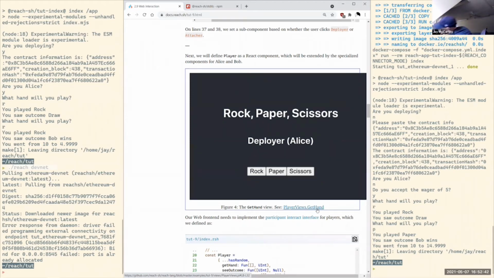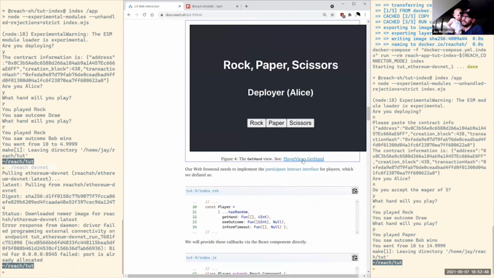I want to focus on one view in particular, which is the get hand view, because I think this one is the most instructive for what it's like to have a web app interacting